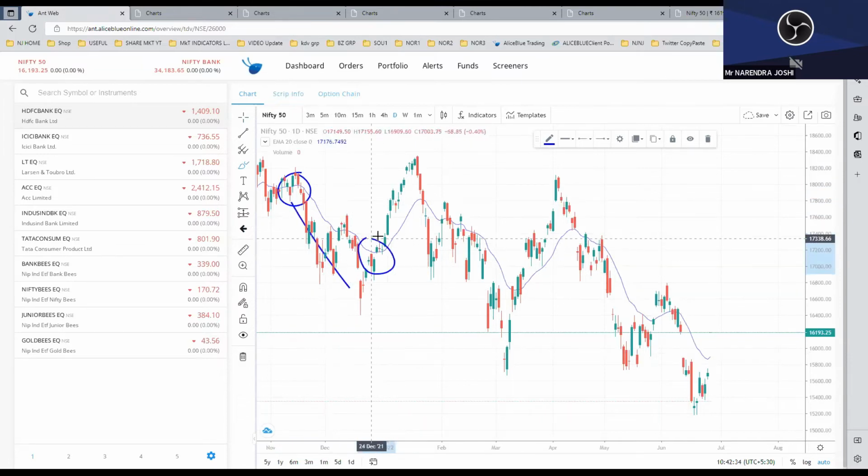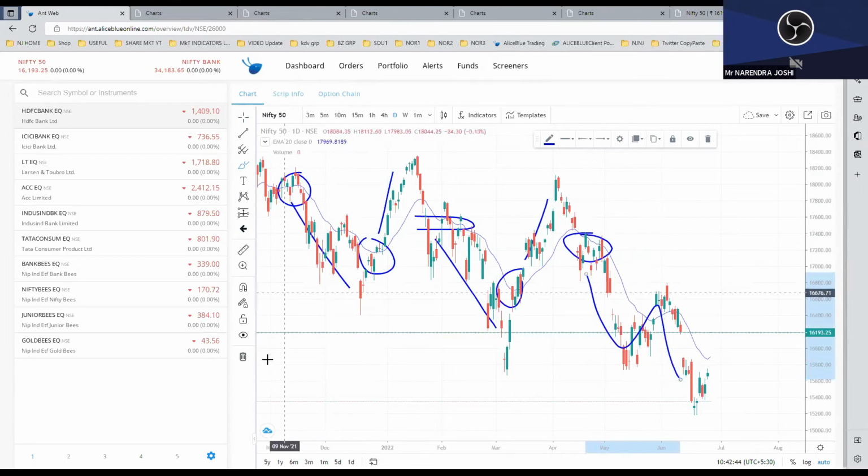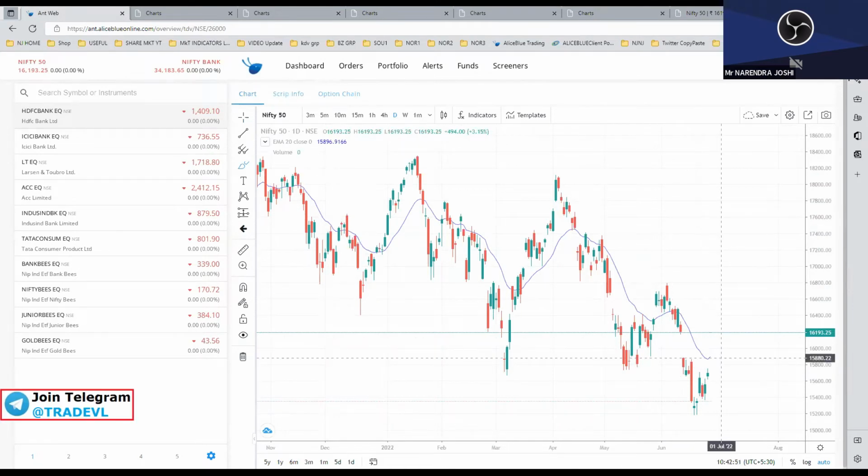यहाँ से नीचे, फिर यहाँ से ऊपर, एक साइडवेज मार्केट, लेकिन वीकनेस है मार्केट में. थोड़ा अपने को अंदाजा मिल जाता है कि मार्केट कहाँ पे जा रहा है. और आप देख सकते हो कि इस तरह से मार्केट में मूवमेंट हो रही है. तो अगर आप देखते हो तो शॉर्ट टर्म में, for short term at least here you can see that around